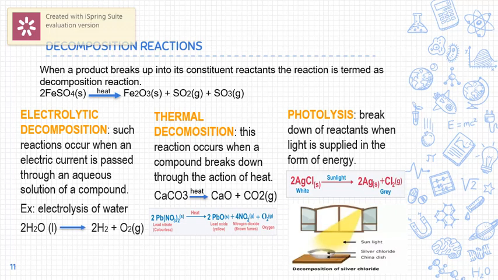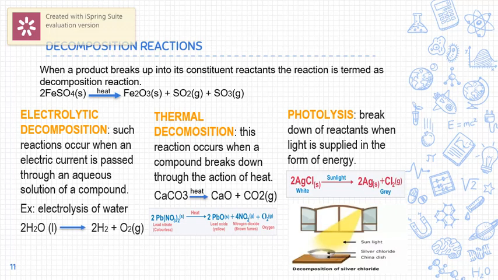And the best well-known example for electrolytic decomposition is a decomposition of water using electricity, known as electrolysis of water. Here, electrolysis is made from two words, electro and lysis. Electro, electricity, lysis means to break. So breaking the compound by using electricity is known as electrolysis. So here we are carrying out electrolysis of water. So 2H2O on decomposition gives 2H2 and O2. They come under the already told electrochemical reactions.